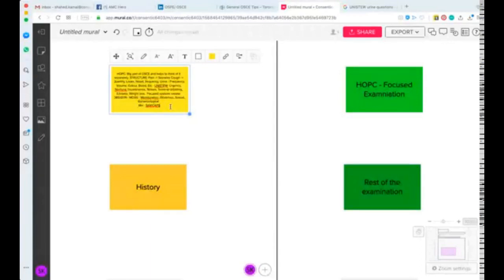Then I go to timing. Is it always there? Anything makes it worse or better? Severity. How bad is it out of 10? And then I do associated symptoms. Is there anything else happening? It just flows better. That's why practicing is important and working hard is important, because not only do you have this mnemonic,